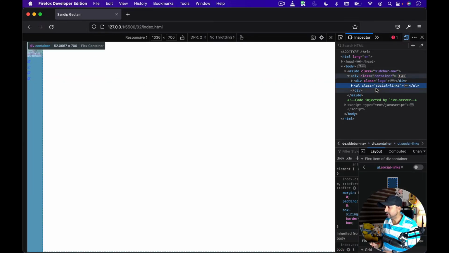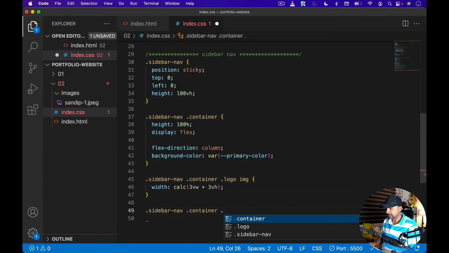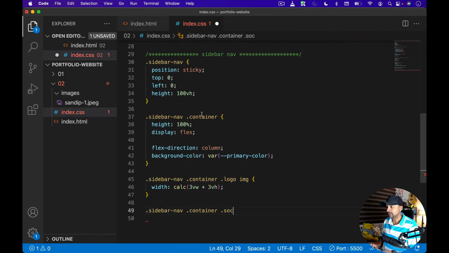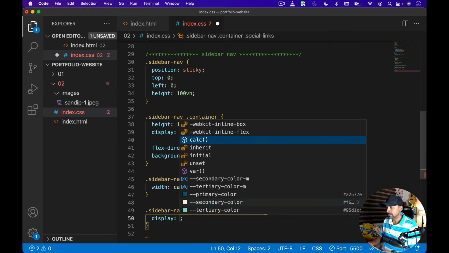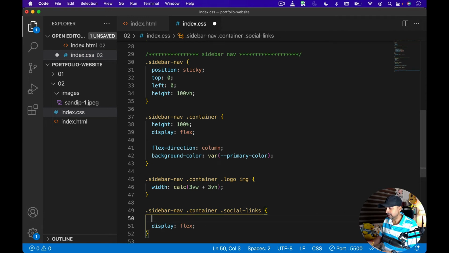Okay. So I'm going to convert my social links also into something called a flex container. So let's target inside my container the another element that will be social. I'm going to copy and paste just to avoid any mistakes. So just copy this one from here and paste it here. So I'm going to target social links, give it a display of flex, and maybe I need to give it a height also. Let's try that. I'm going to give it a height of 100%. And now if I go back,